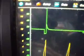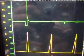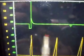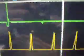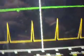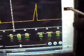But because we already knew we had a problem with number 7, we just went back and probed that one right away. But you could just back probe number 1 and then just follow the firing order to where you see either a missing current ramp or a current ramp that doesn't look quite right. And you can change this any way you want. Go to 2, so we got about a 20 millisecond screen here, and that should be enough where we bring up